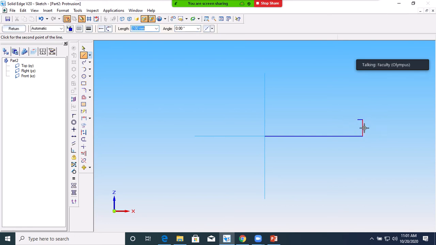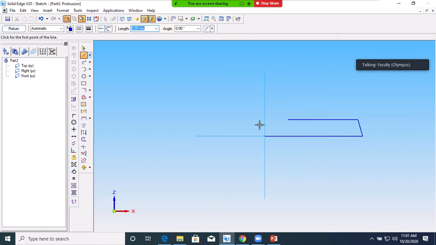Then you have to close. I don't want this 4 mm and 14 mm line. I want to join this point to this point. While you are joining, make sure that you are joining to the end point of the horizontal line. It is very important for extruding the three-dimensional model. Otherwise, if your profile is not closed, you will not get a 3D model. After drawing these two lines, you extend this line to the end point of the horizontal line. Then the remaining portion, you just extend this line for some distance.